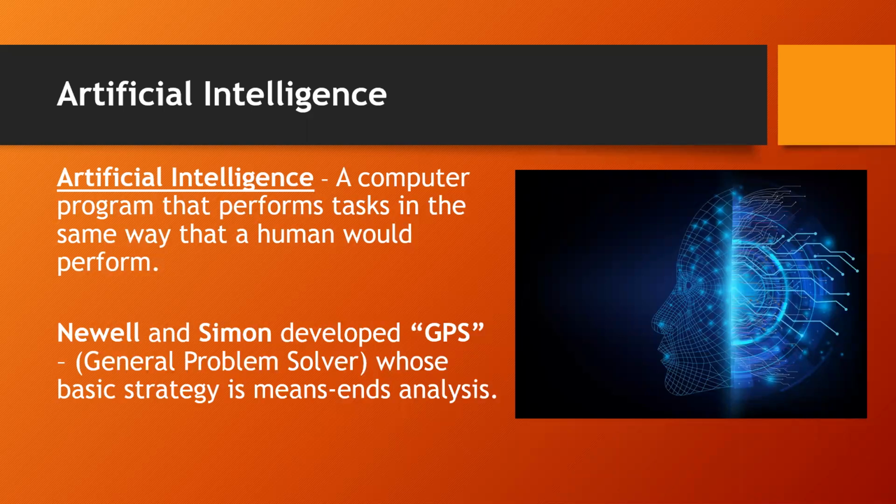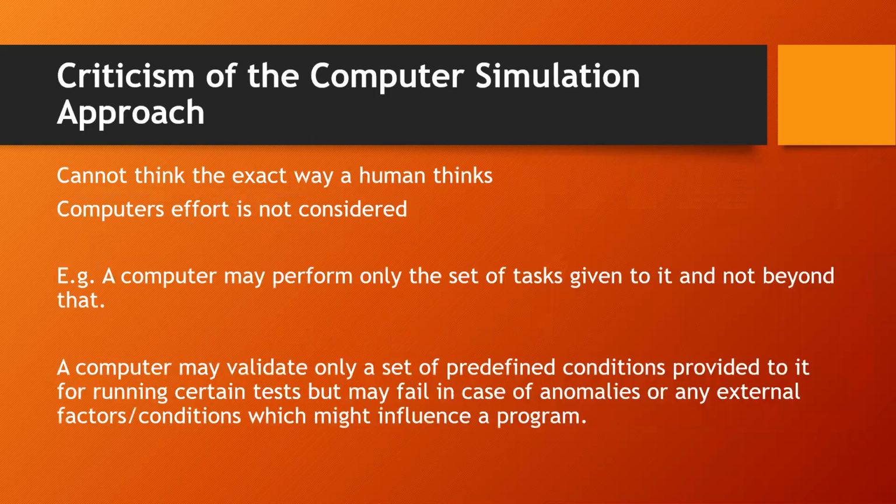Now there is certain criticism of the computer simulation approach. It cannot think the exact way a human thinks. It can be similar, but it cannot exactly think, because everybody is unique. A computer has one set of program: if you ask what 1 + 1 is, the answer will be 2. We have a lot of ways of thinking. Every human thinks differently. The computer is the same, be it one computer or two. There are n number of computers and every computer will be the same, whereas humans will not be the same. We think differently and it cannot match all human brains.